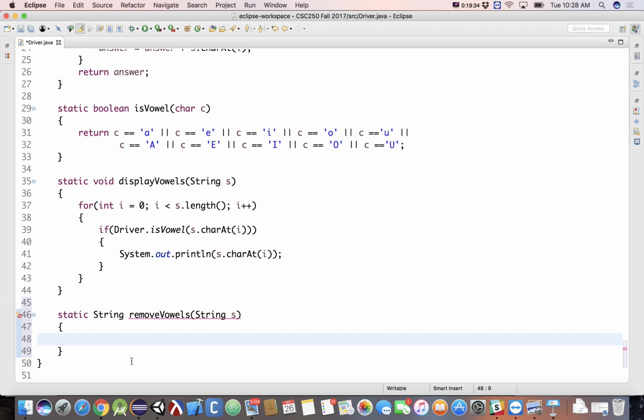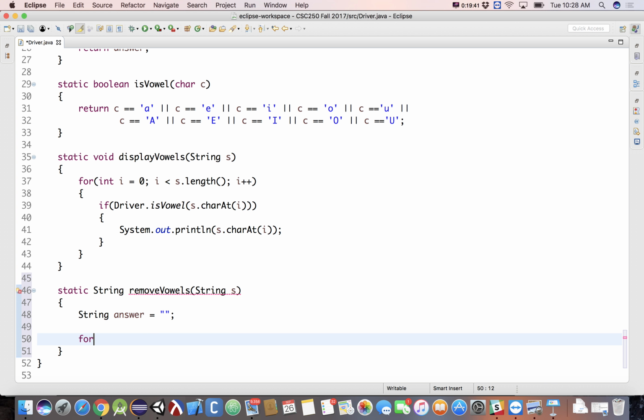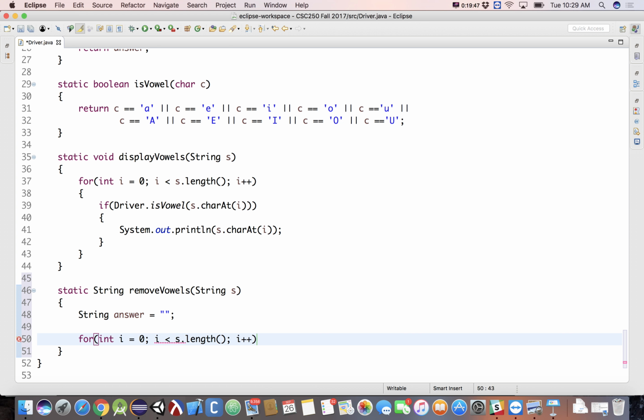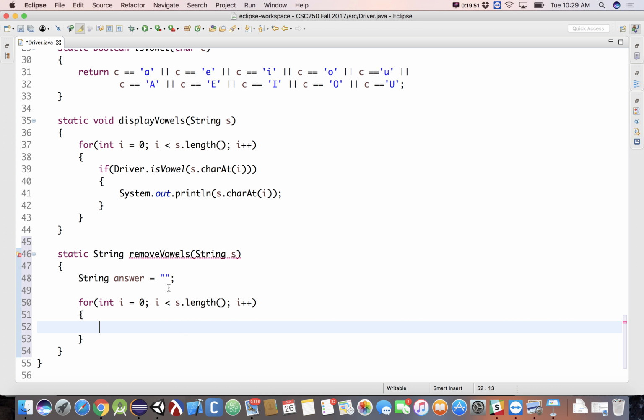All right, so we're going to have a string. Maybe we call this guy answer. We're going to go through every element of our string. So we're going to need our standard for loop. For int i is equal to 0, i is less than s.length, i plus plus. Each time through, we want to ask the question, am I looking at a vowel? Okay. The real question we want to ask is, am I not looking at a vowel? So if I am not